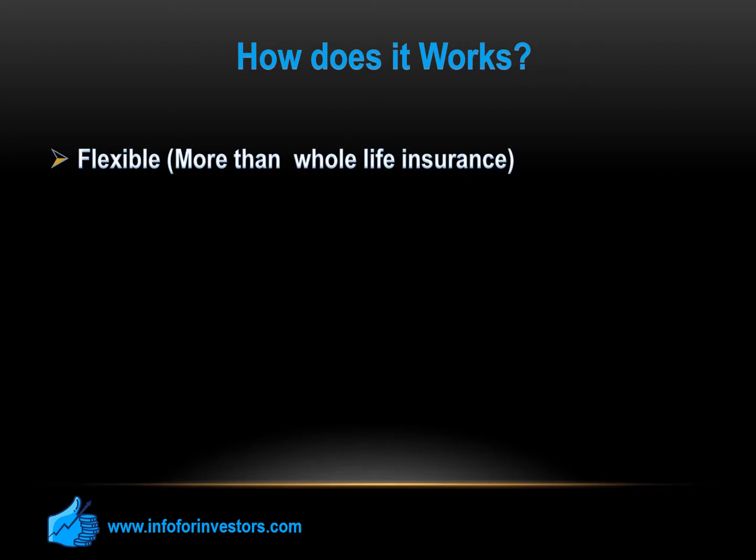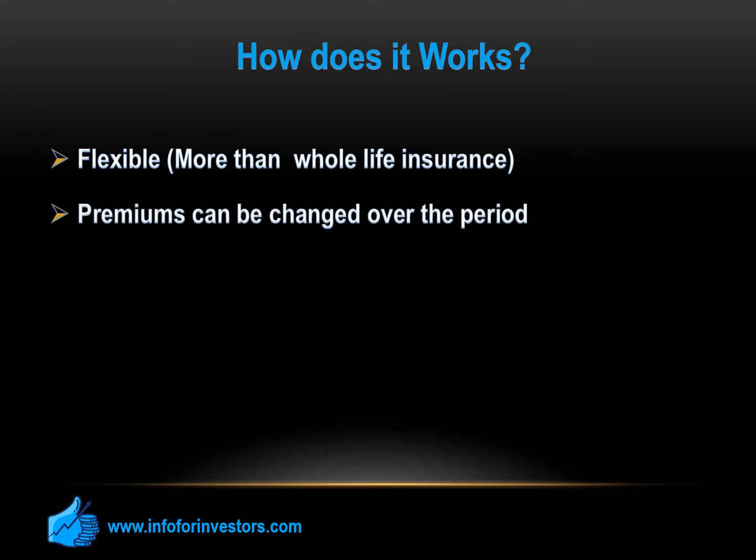However, the premiums you have to pay to your insurer are of two types and can be changed over the period. The first one is the cost of the policy, which guarantees the beneficiary will receive the money after the death of the owner. The second one is additional money, and this actually builds the so-called cash value, something like a savings account. The second part gives you plenty of room to maneuver.